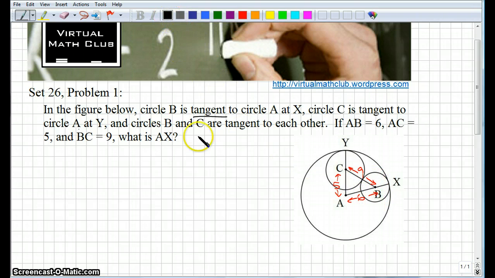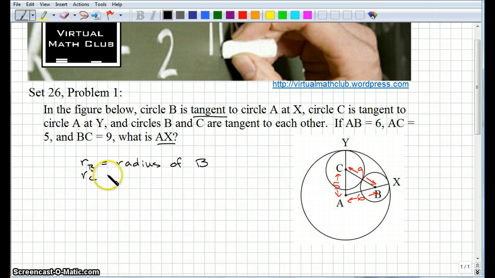So I think that's all the information we're given, and we're asked to find what AX is. So this line segment A to X, we're asked to find that. Let's work with what we know here. I'm going to define some variables. I'm going to call R sub B the radius of circle B,